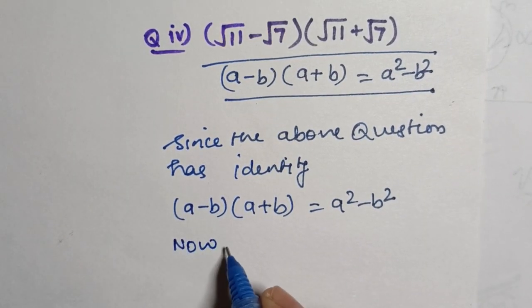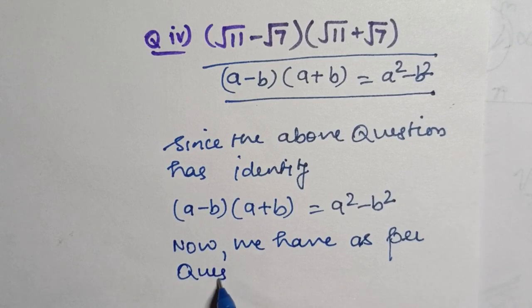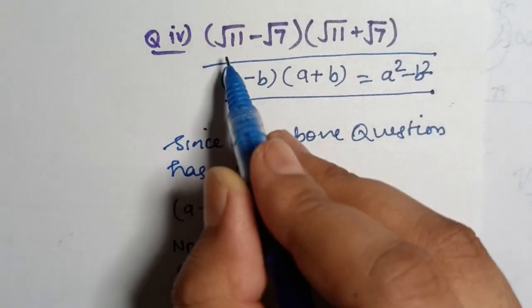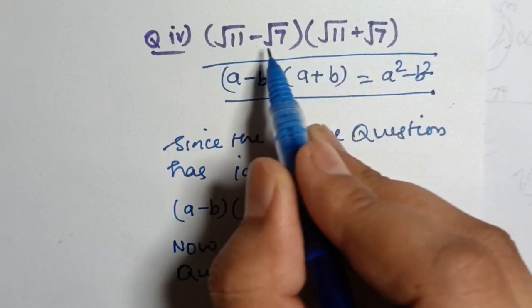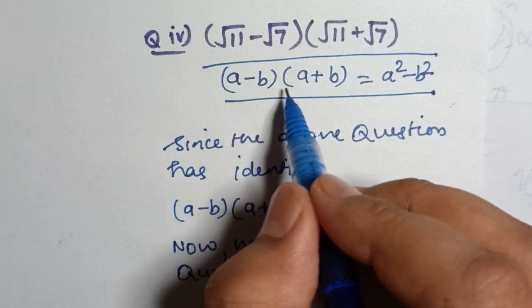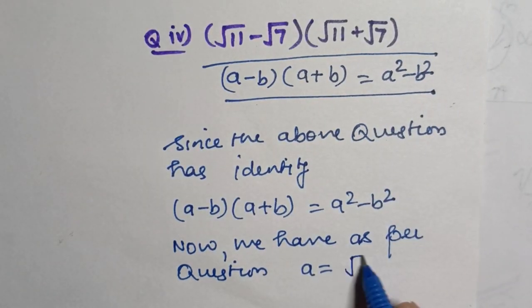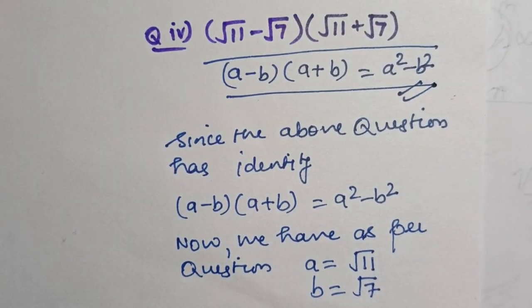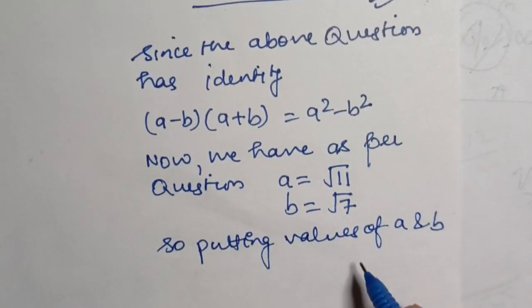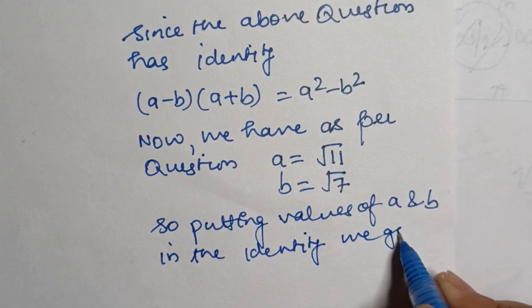Now we have, as per the question, a is equal to root 11, root 11 is in both the terms, and b is equal to root 7. So as per your identity, when you use a square minus b square, you have a is equal to root 11 and b is equal to root 7. Now when you use the identity a square minus b square, then you will have root 11 square. So putting the values of a and b in the identity, you will have